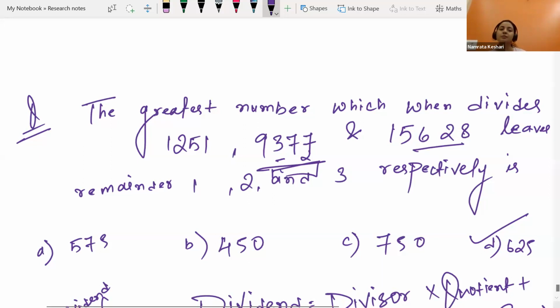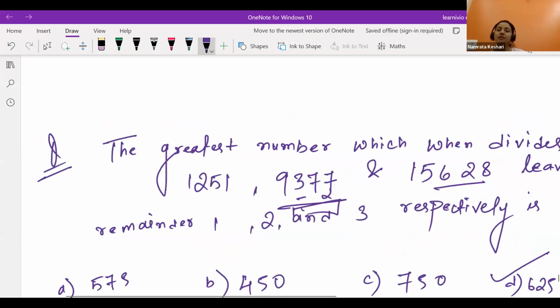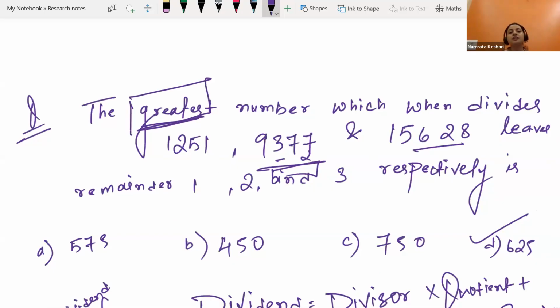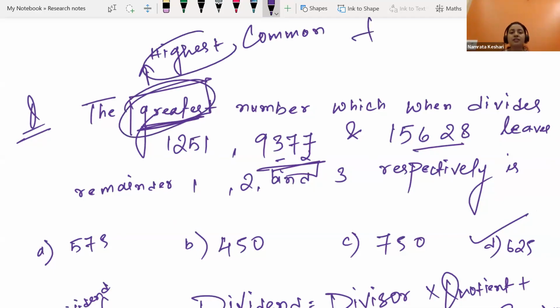So this is the concept, and the short trick is whenever you find the terminology greatest, it indicates the highest common factor. Greatest and highest, these two are synonymous words. So whenever, most of the time